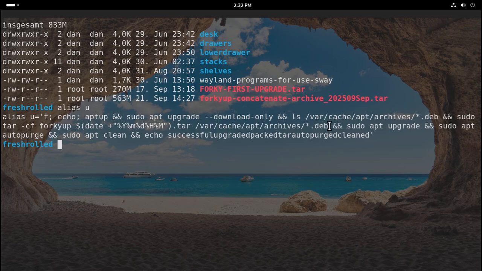If successful, then it executes sudo apt upgrade. I also could insert here the -y to do it automatically, but sometimes I like in this moment to